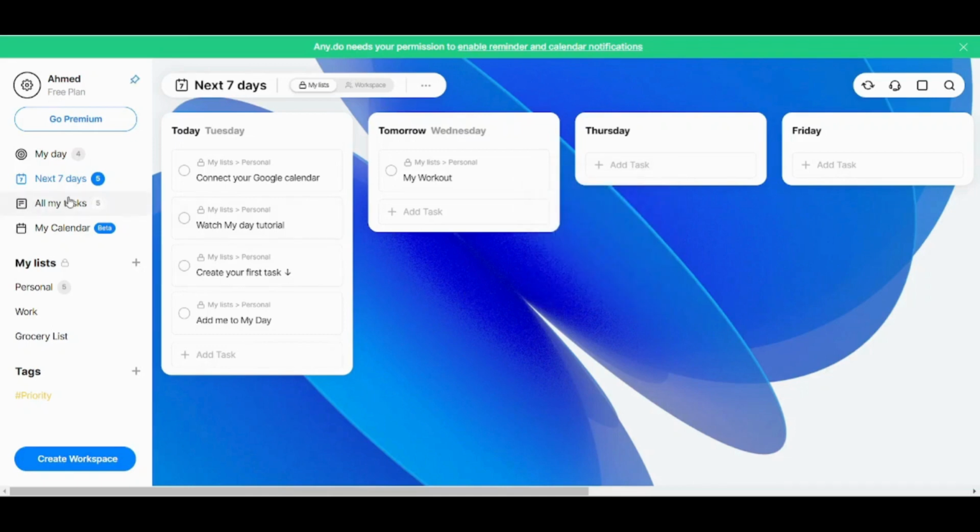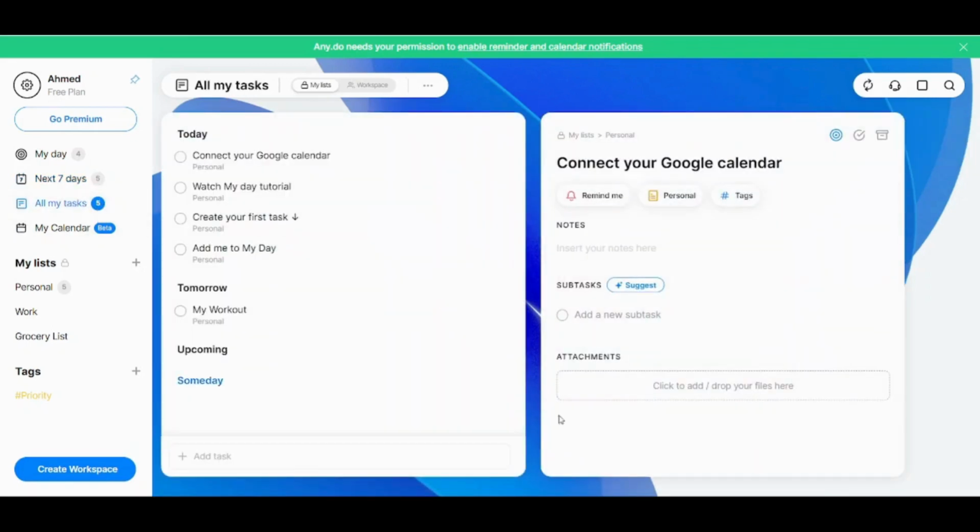You can also create your tasks in all my tasks here. So if you want to just place it in some day or upcoming, you can as well. You can just choose upcoming and add the task from here. You can also add a subtask from here, like for example, if I chose my workout,